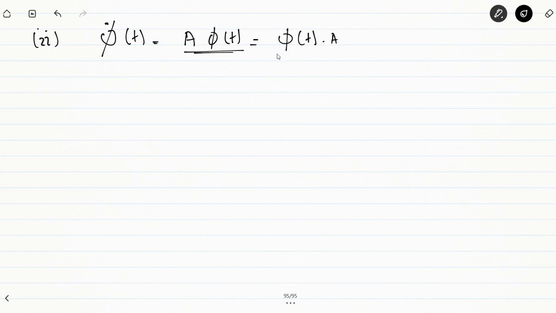So these properties will be important to us later. We'll see how they will be important to us, how we can basically derive a state space solutions using these properties. Second property is phi dot t. That means basically the differential of this matrix is equal to a phi t, or in this particular case the matrices follow the commutative law. It's also equal to phi t into a. Fine. तो इसका प्रूफ क्या है?